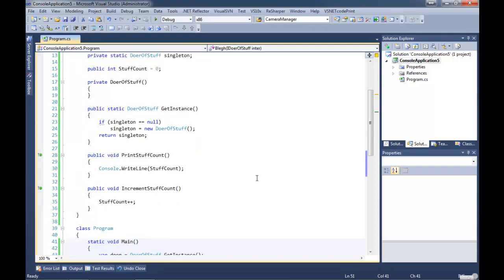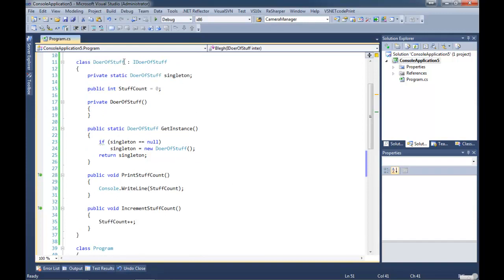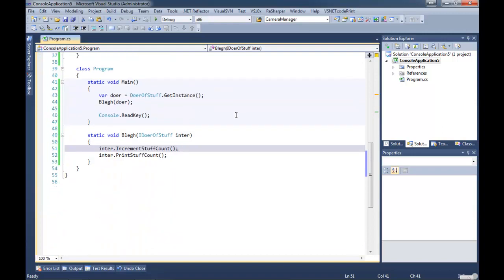Okay, I see what you're doing in that regard. But here's the beautiful thing about the Singleton pattern: it allows us to write code that has no idea that this is a singleton. It doesn't care that it's a singleton. Maybe your business requirements change and you need multiple doer of stuff instances. Well, in that case, the only code that you have to change is whatever calls getInstance, which should be at the very top or in another